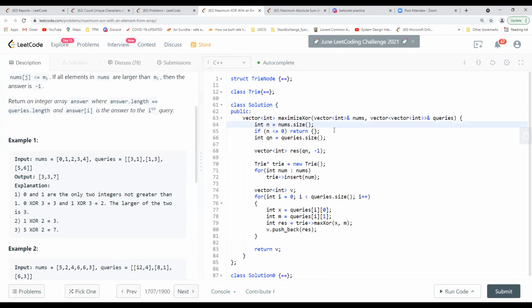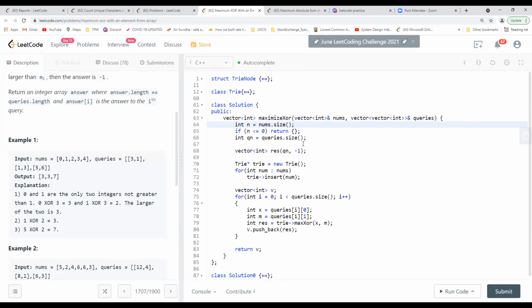The way I'm doing it here, this was my function signature, which takes my input nums, and these are the queries given to me. I just construct a trie. I insert all the numbers in the trie, and then I go through the queries. For each and every query, this is my x and this is my m. Then I just call a max XOR for every one of them, so I get whatever is the maximum value. In this case, if you see, I just have to do only one max XOR function instead of going through all the numbers.